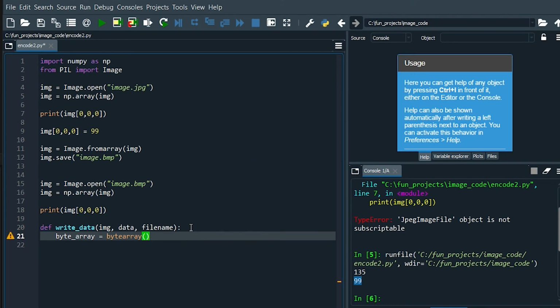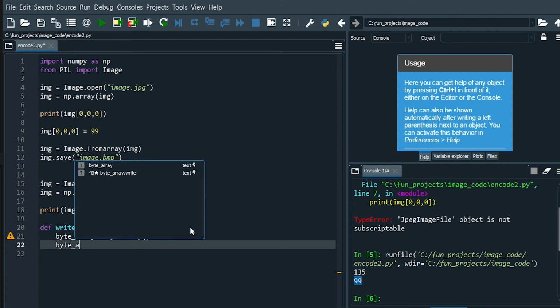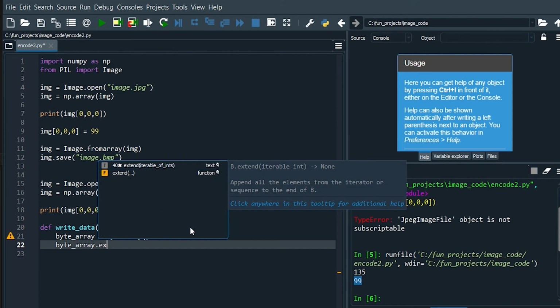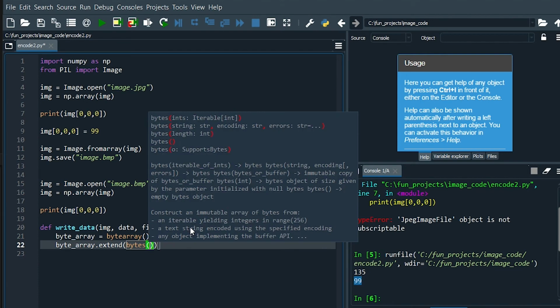And the next thing I want to do is add the file name as the first 12 bytes of this data, because I also want to save the file name inside this thing. So for that, what I will do is extend it with the file name, but of course encoded in binary. So we will have byte array dot extend, and extend just adds a bunch of bytes together, and the bytes will be basically the file name,